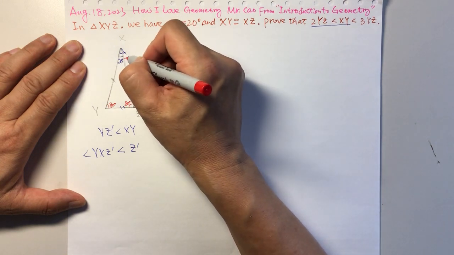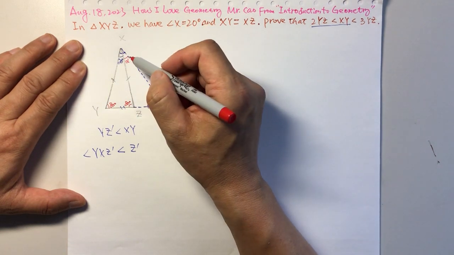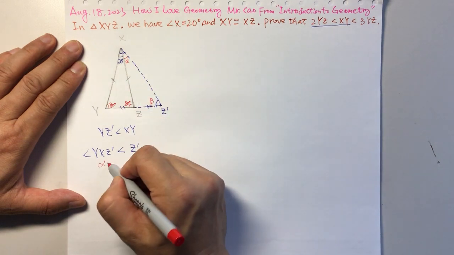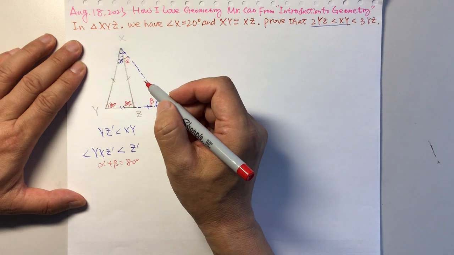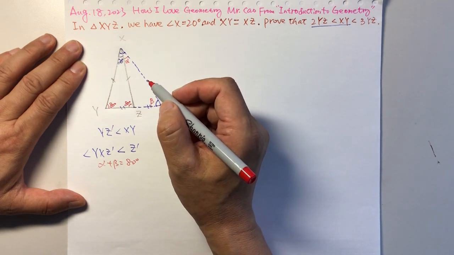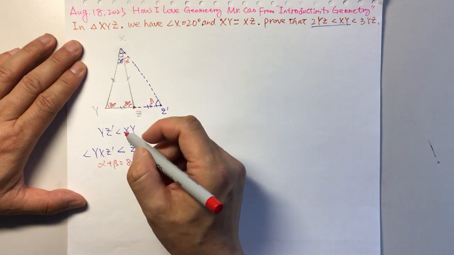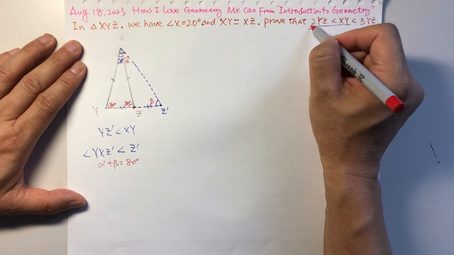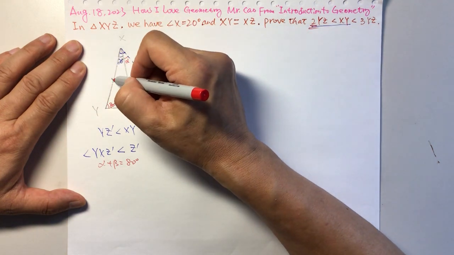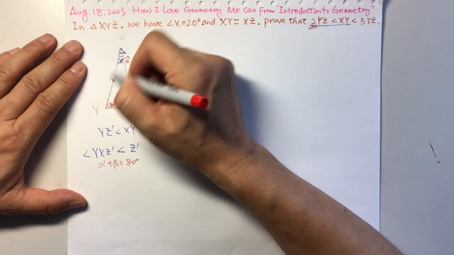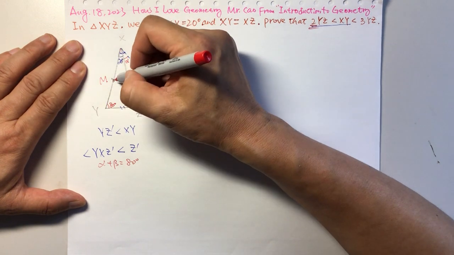Let us suppose this is alpha and this is beta, and alpha plus beta equals 80 degrees. Z is the midpoint of YZ', so YZ' is 2 times this length. If we find the midpoint of XY, say M, and connect MZ,